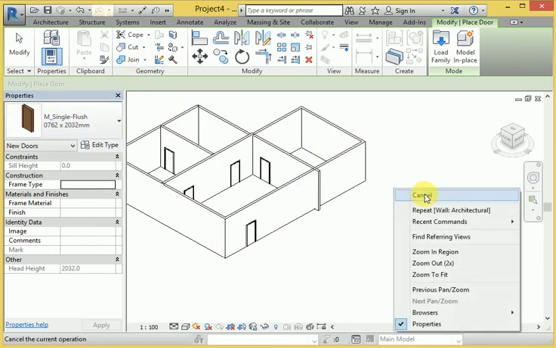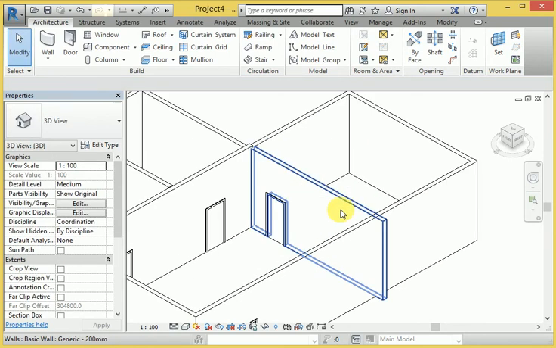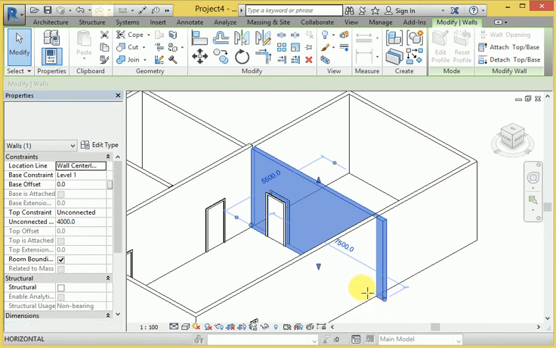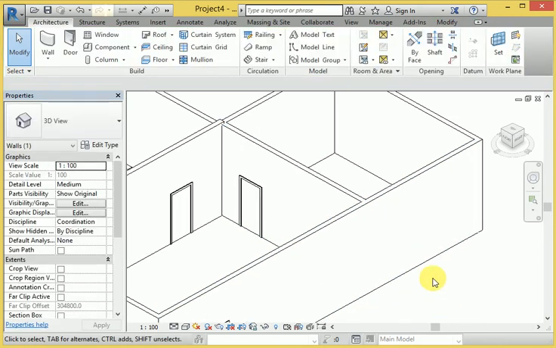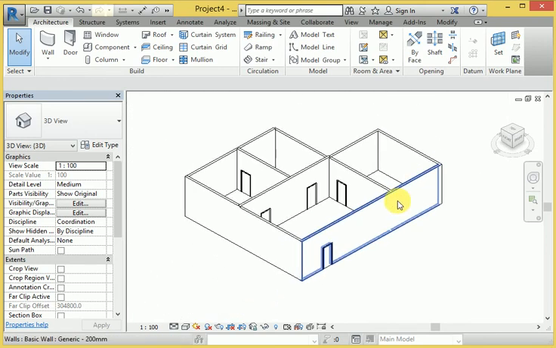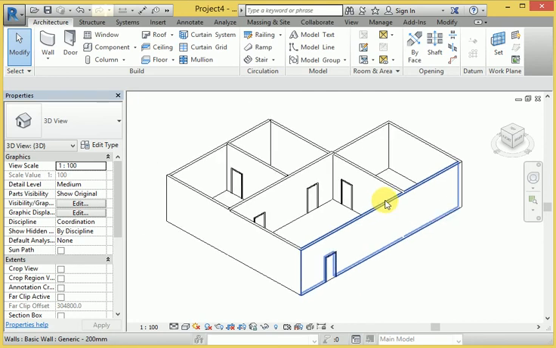When I exit right now, and if I compress this wall, let's compress here, click this point and join here. So this is very easy to join different door connections in Revit Architecture.